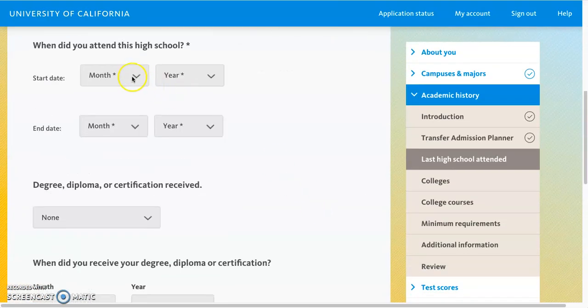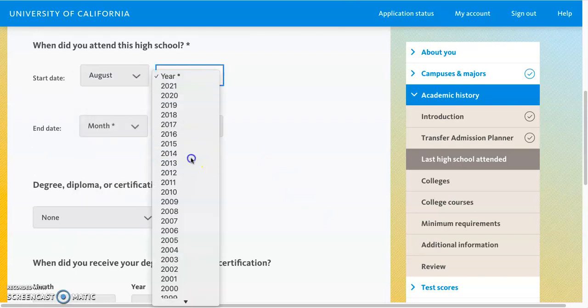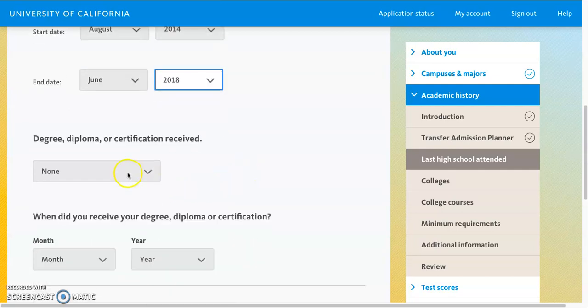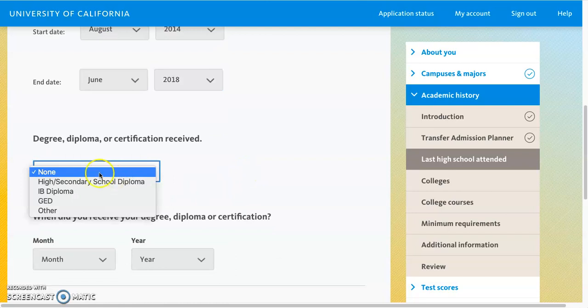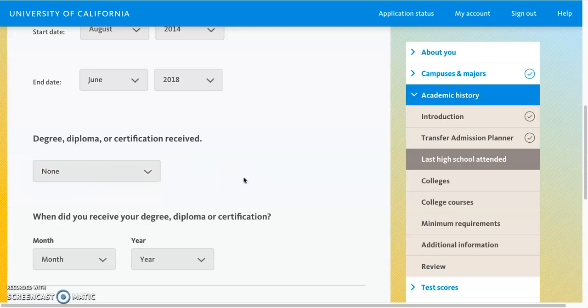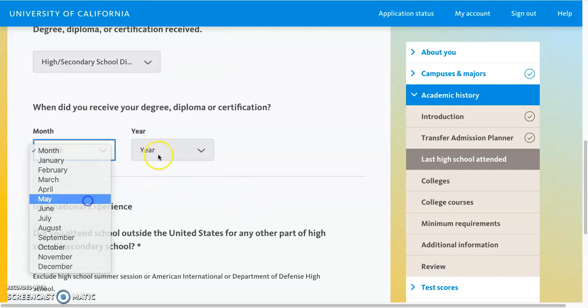And here you will have to provide information about the dates that you attended this school. If you received a high school diploma, an IB diploma, GED, or perhaps other, like the California High School Proficiency Exam or CHSPE, you just want to select that option. If you did not graduate high school, then you can just leave it as none, because please note you are not required to have a high school diploma as a transfer student. If you do, however, you just want to indicate when you received that